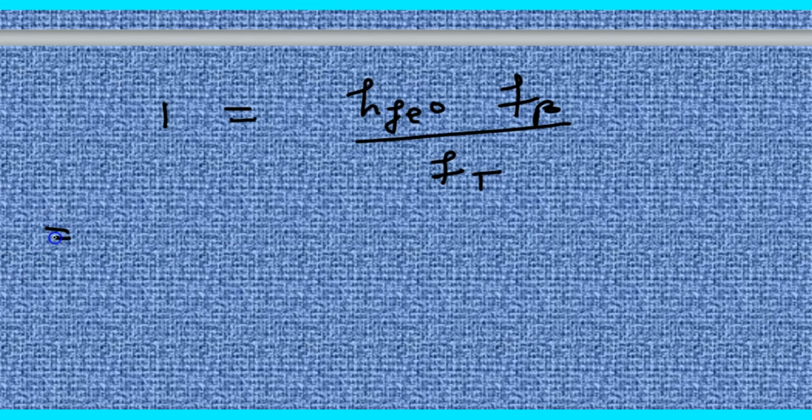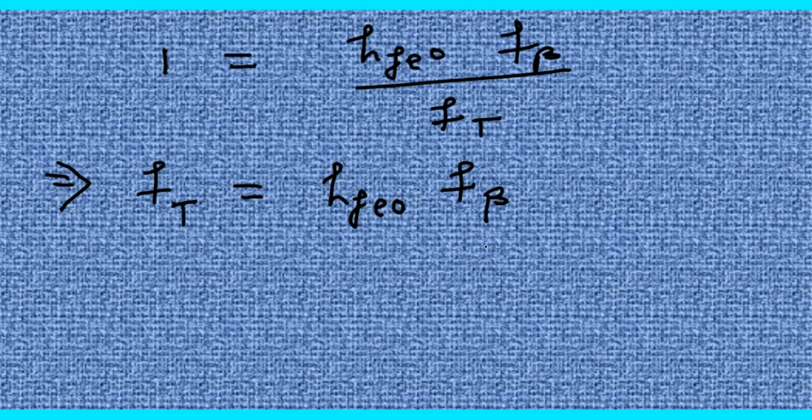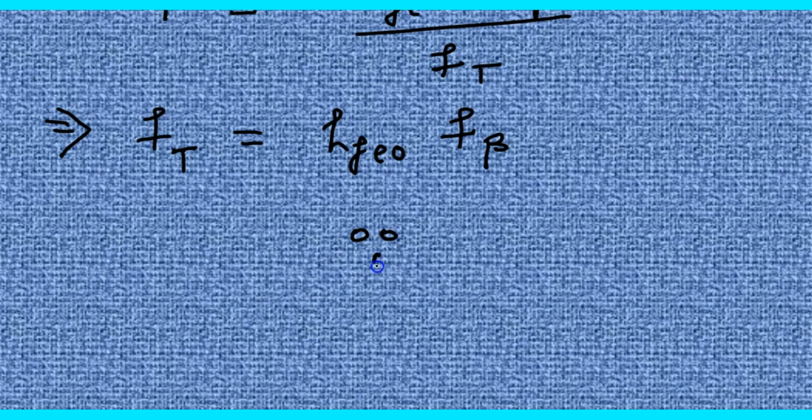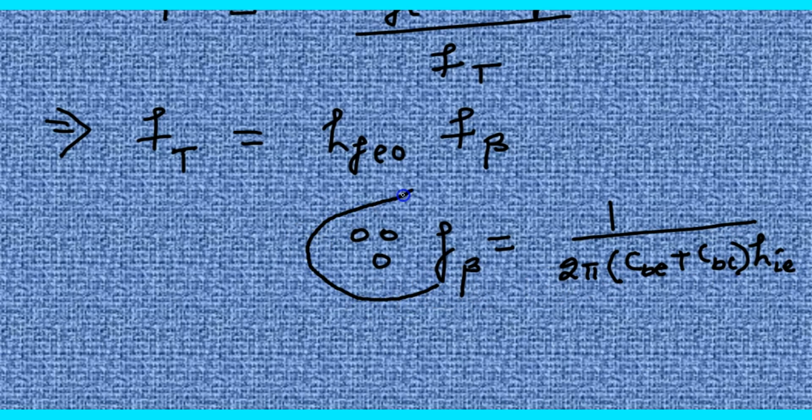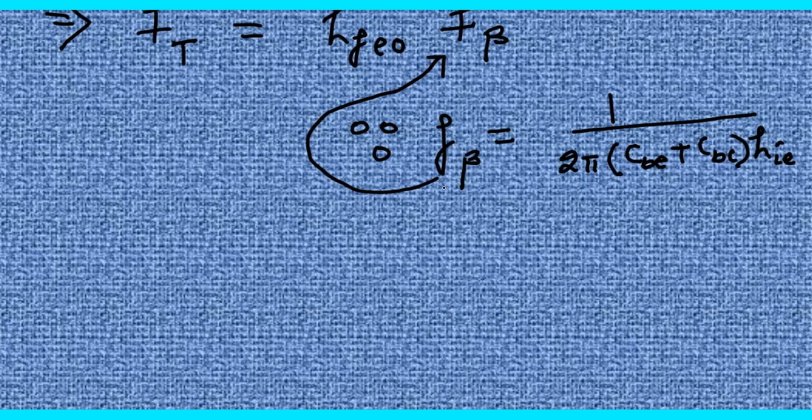Then ft becomes HFEO into f beta. F beta was already written above. Substituting here, then ft becomes